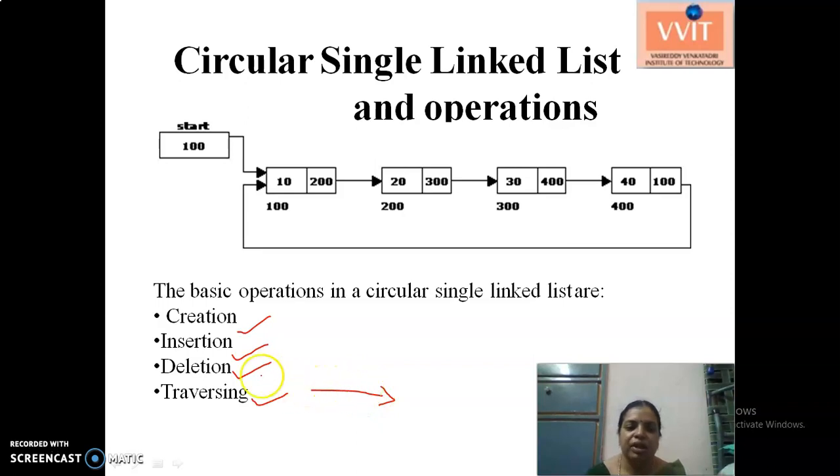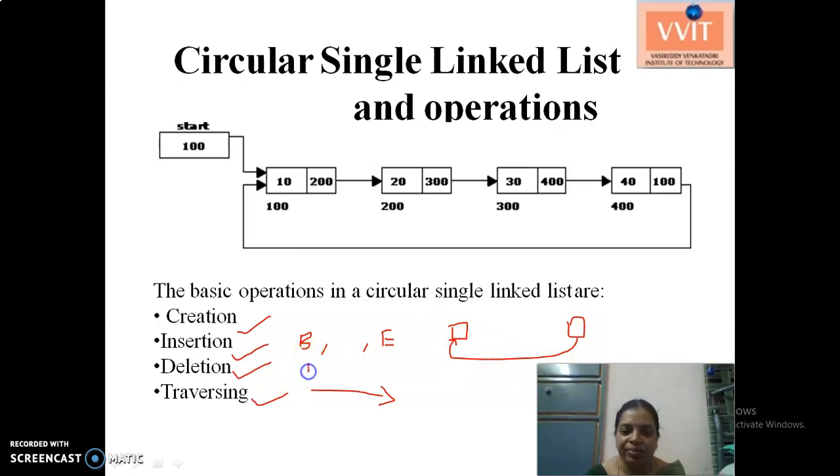Here the remaining code is all similar. Only the code for inserting a node at the beginning and inserting a node at the end will be different from our single linked list. Why? Because whenever you are inserting a node at the beginning or at the end, you need to link the last node to the first node, and at the same time the first node is also to be updated with the last node's next.